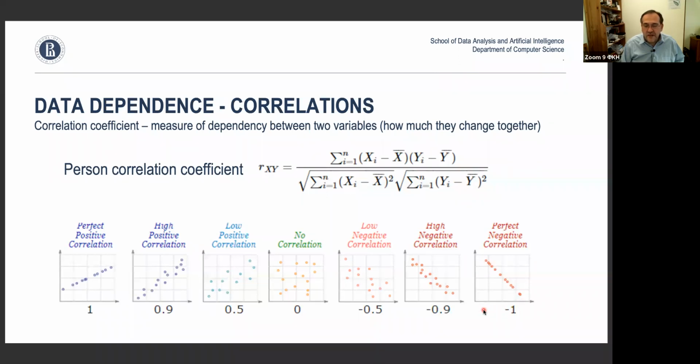So what does it mean? It means we're increasing to the right, it's decreasing, so an increase in one variable corresponds to a decrease in another. Here an increase in one variable corresponds to an increase in another. And then everything in between. So if it is close to diagonal, the correlation coefficient will be large. Then it's getting smaller, and then it is 0 when it's completely scattered.